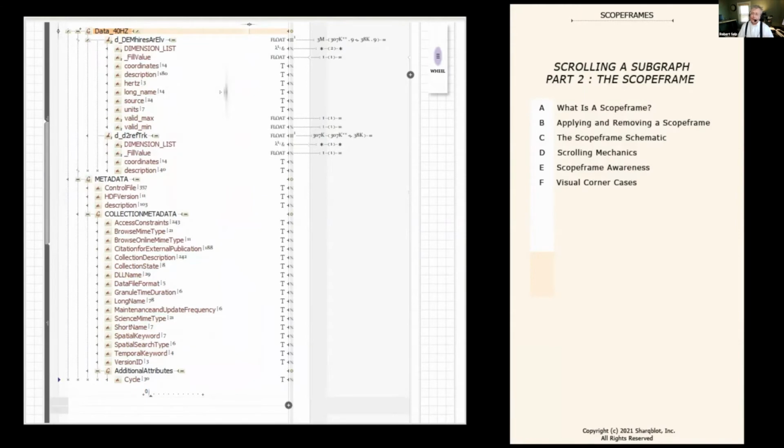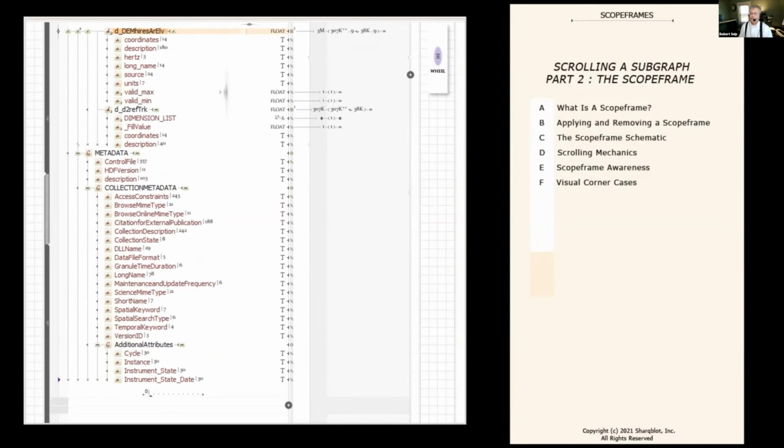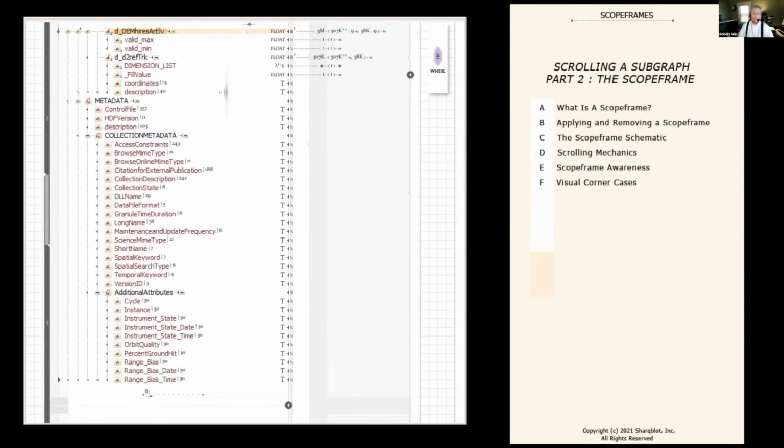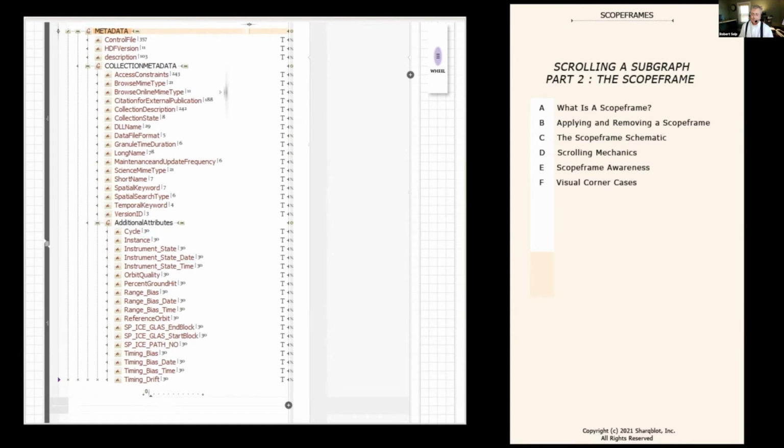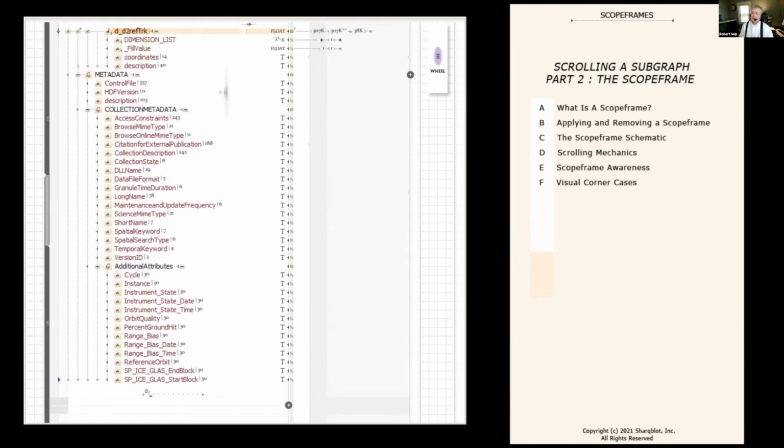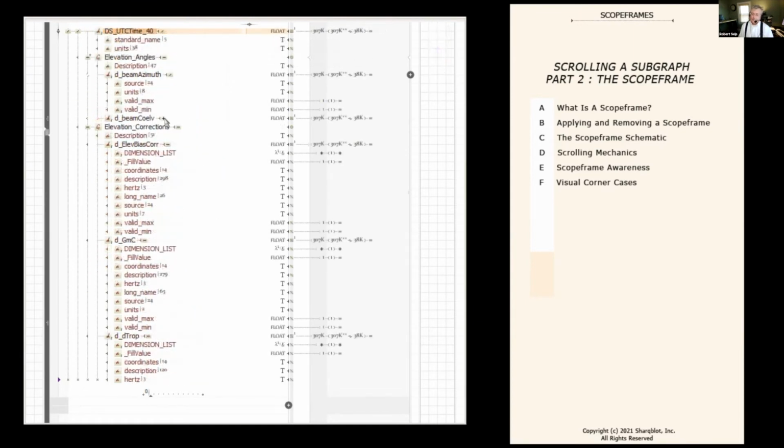So then the scroll bar has to be updated to indicate that we've crossed the scope frame boundary, and now we're in essentially a completely different section of the graph. And then as we scroll back up,